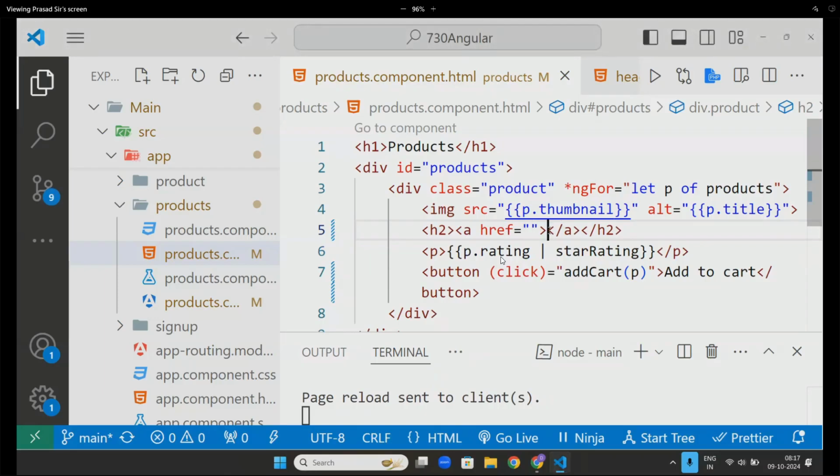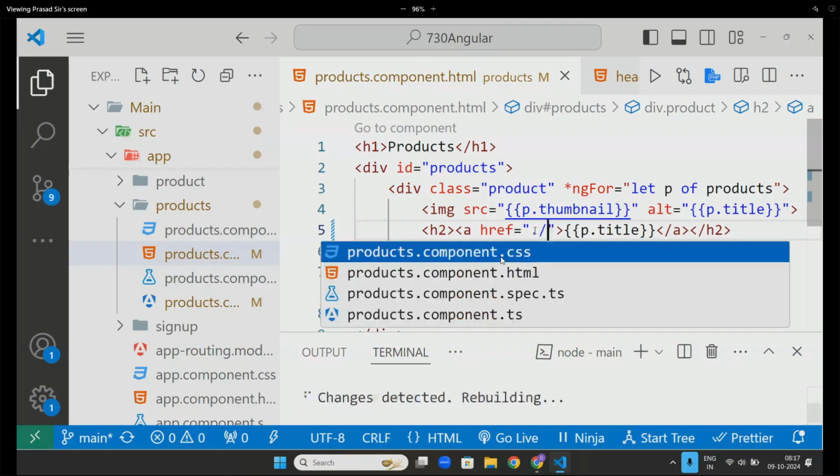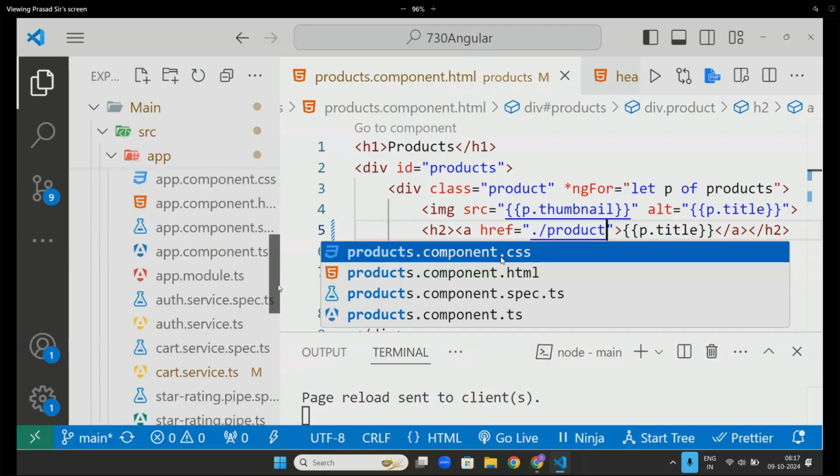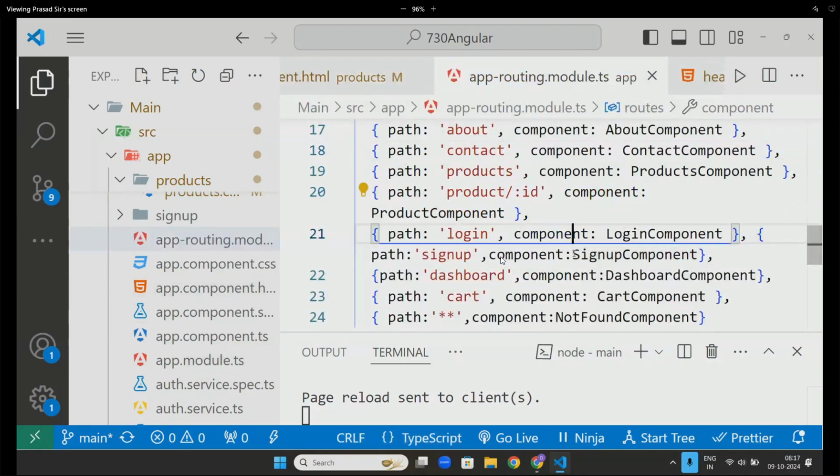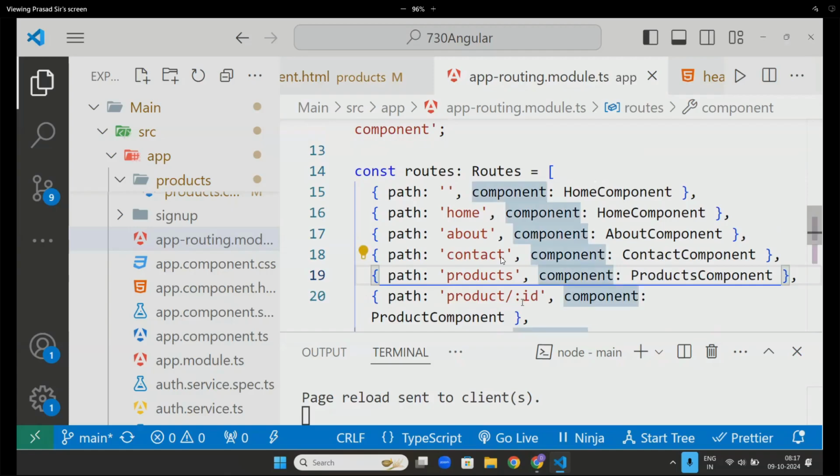If someone clicks on this, it will go to the page product. Here, if you see in the routing, you mentioned it already. In case someone clicks on this product page with an ID, it will go to that particular product page.